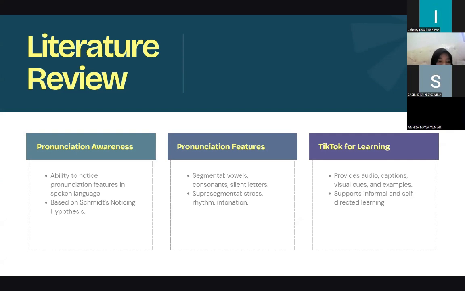The first is segmental features, such as vowels and consonants. And the second is suprasegmental features, such as stress and intonation. TikTok may help pronunciation learning because it provides audio, captions, and visual examples.